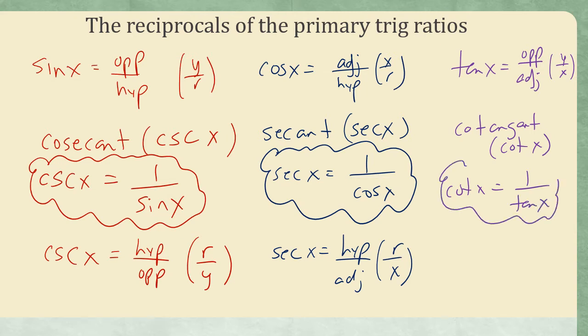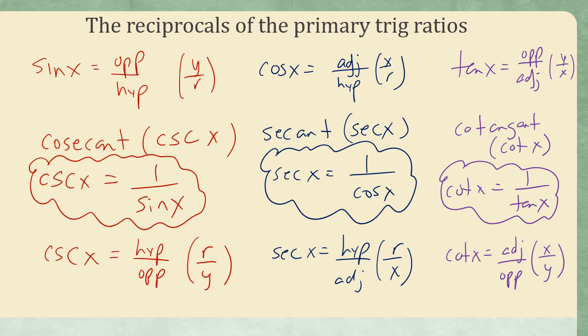And there's your third and final little formula, and cotangent x obviously then equals adjacent over opposite, or x over y. So for the rest of this lesson, we're going to be working with not only our primary trig ratios, but cosecants, secants, and